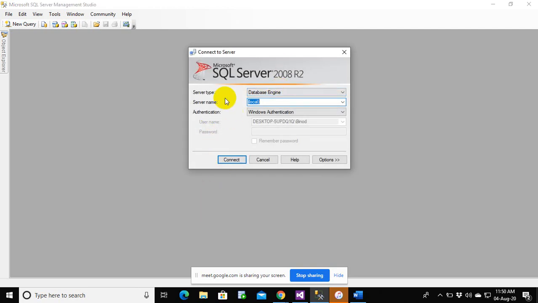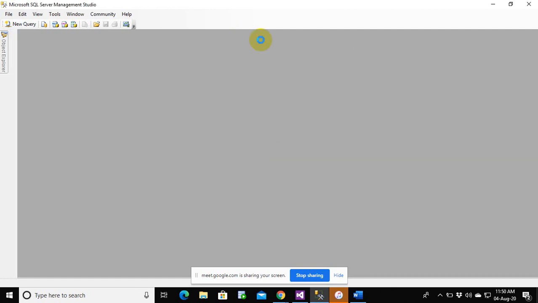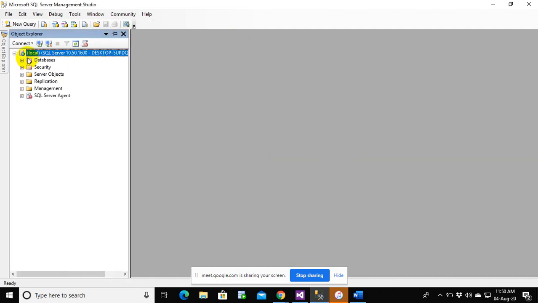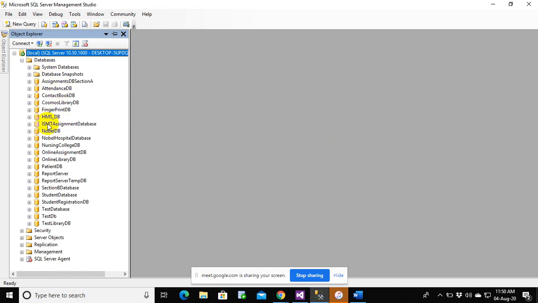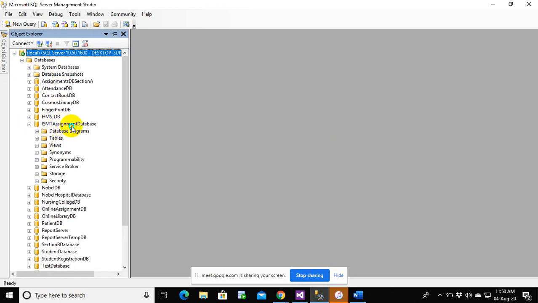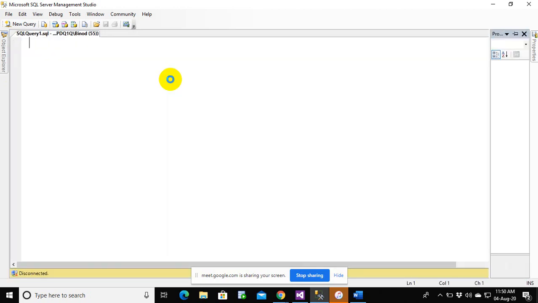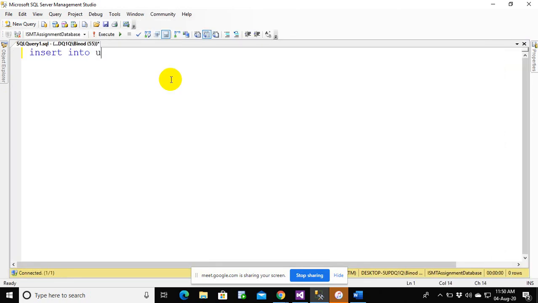See, many of the things are the same. Server name equals local, and authentication is Windows authentication, which means integrated security equals true. If you go to the database, into the ISMT database, right click on it and click on new query, I'm just writing here insert into user table values, Lakshman, Lakshman at the rate 123, and admin.